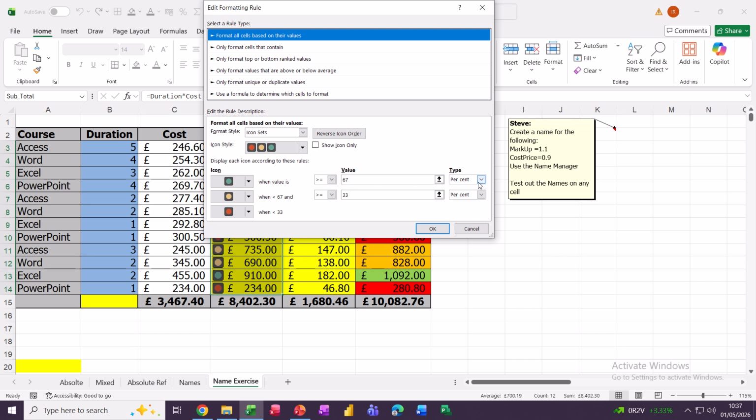I want to change that so it's not on percent but it's on number, and I need to do that for both of them. And then these two zero down and I want to put my figures in there. So the first one was 1,000, and then the second one was 500,